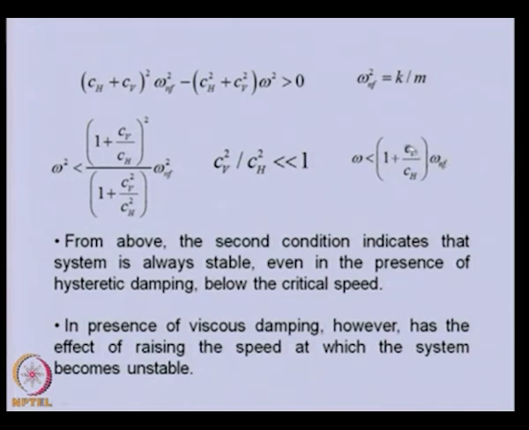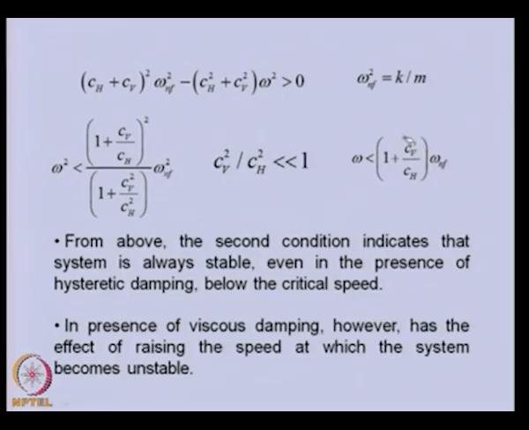That means when there is no damping in the system, so when the speed is less than the undamped natural frequency of the system, we will have stability. But if there is viscous damping in the system, then the stability factor will be positive, and so the total factor will be more than 1. So, we see that with damping, the speed below which the system is stable increases, and especially